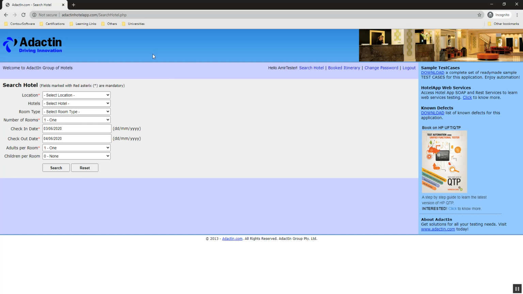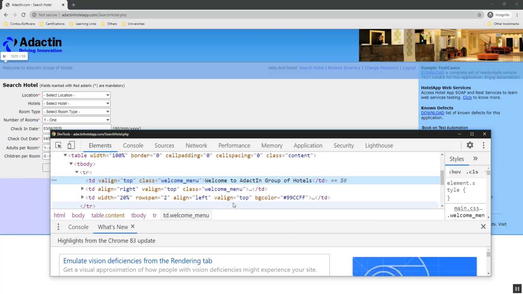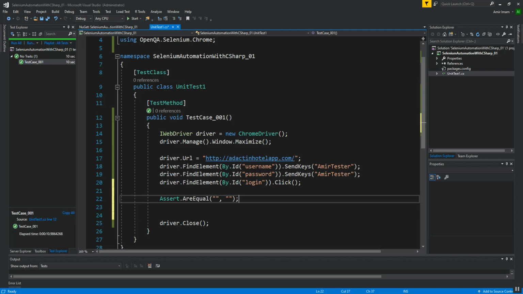I can also assert using the URL, but I am going to use this welcome message. I right click on this message and inspect. Here you can see the class name of the message is welcome_menu. I just copy this class name.